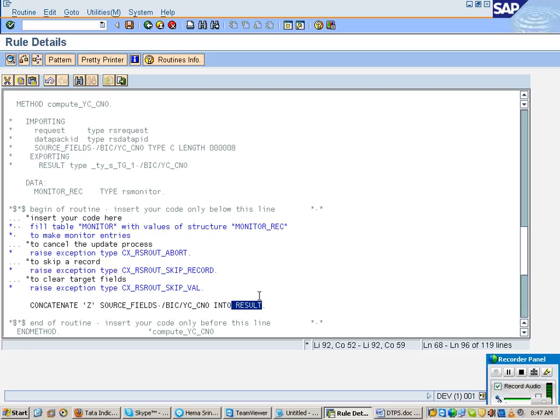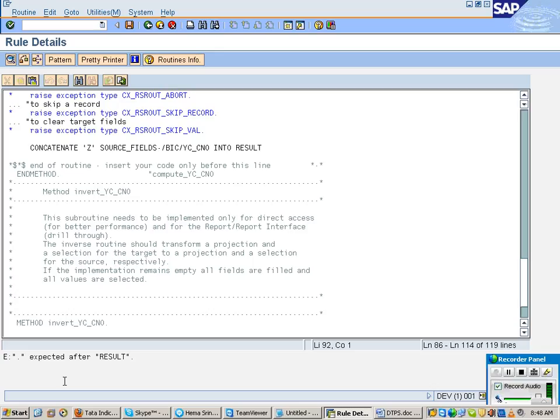At the end, every ABAP statement ends with a full stop. So just type it. Now, after this, you can check for any errors. What is it telling now? No syntax errors found. Suppose you forgot a dot: it says dot expected after result.